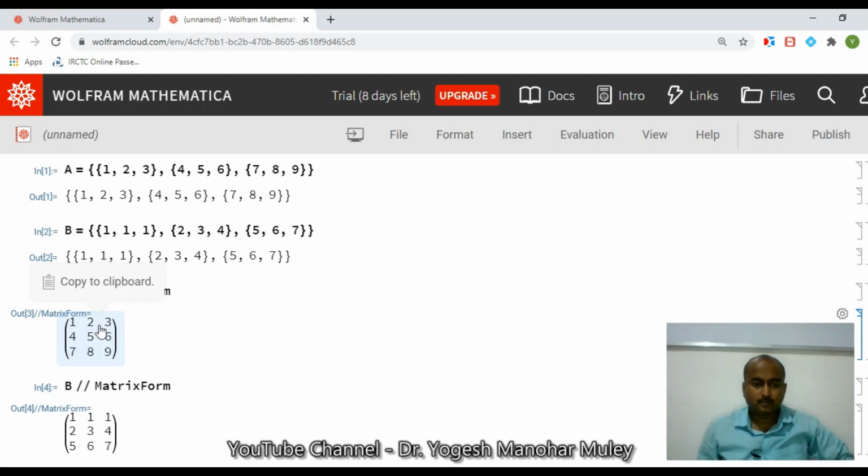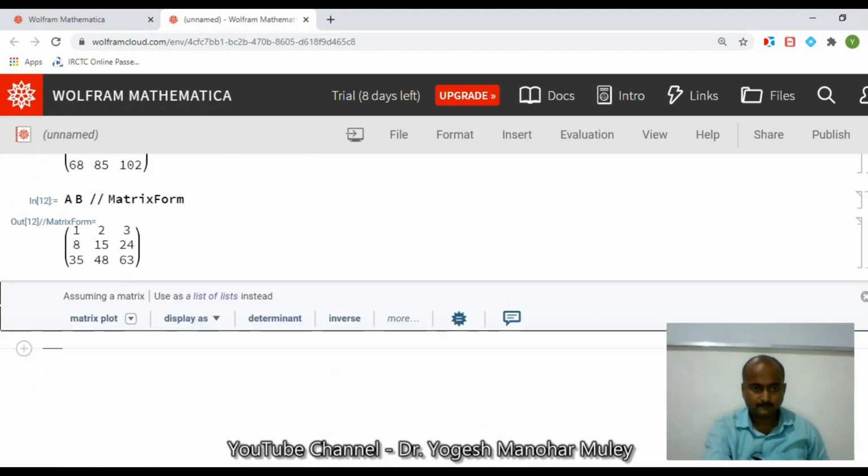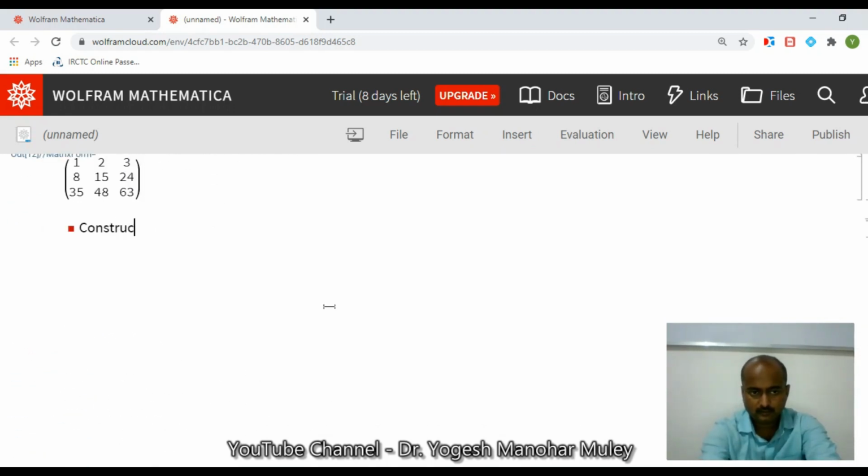So with the help of this we can find out commutative properties as well as associative properties. So a lot of things we can compute in matrices. So next we'll see how to construct a